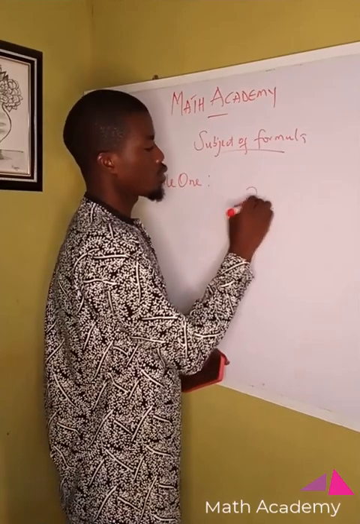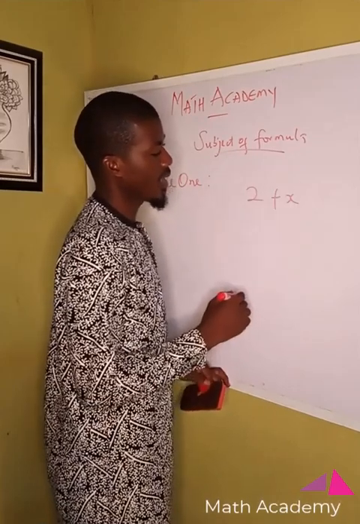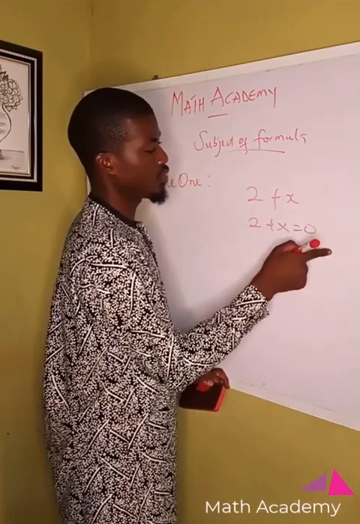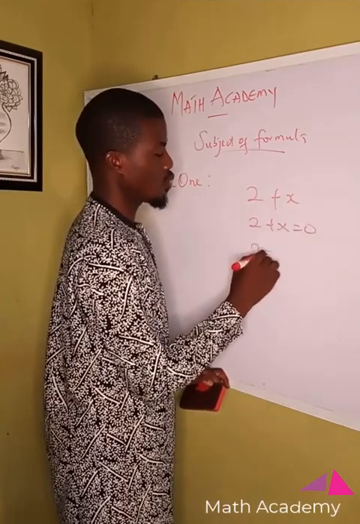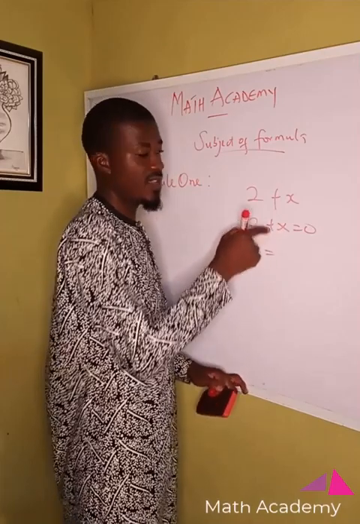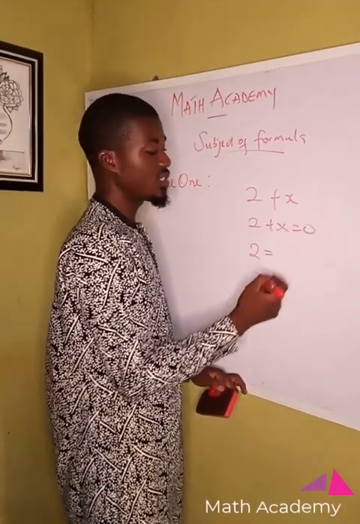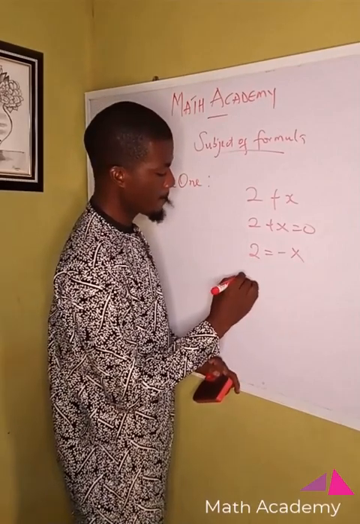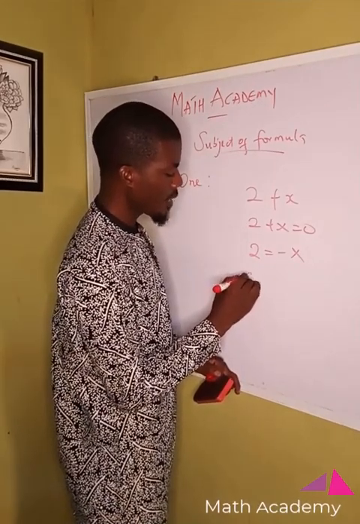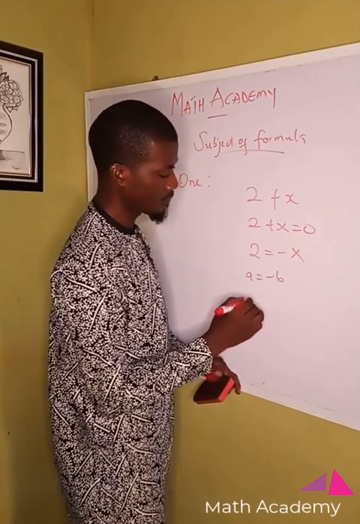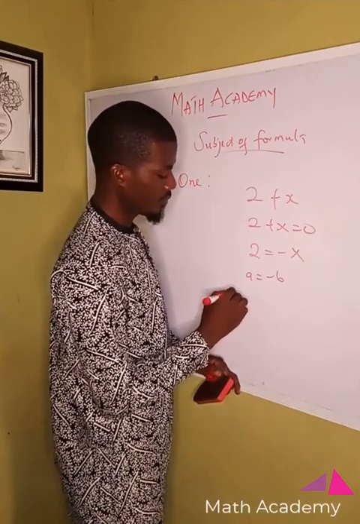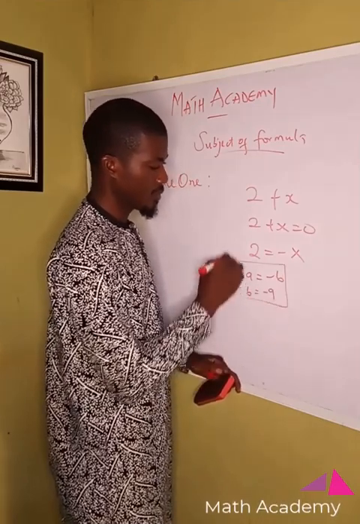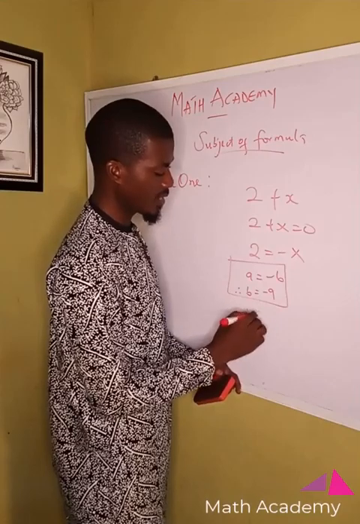Another example is to say 2 plus x equals 0. We decide to push this away to this side, by saying 2 equals, remember x was positive here. If x crosses the equal sign, it changes to minus as well, by saying minus x. Now note that if a equals minus b, then b can equal minus a. Do you get? So if 2 equals minus x, then x can equal minus